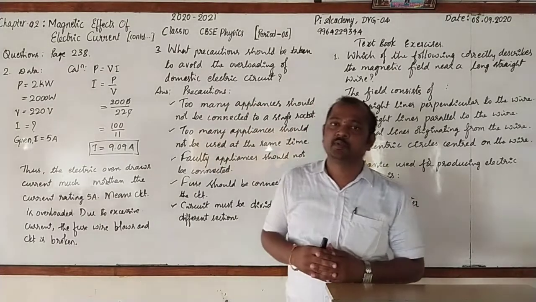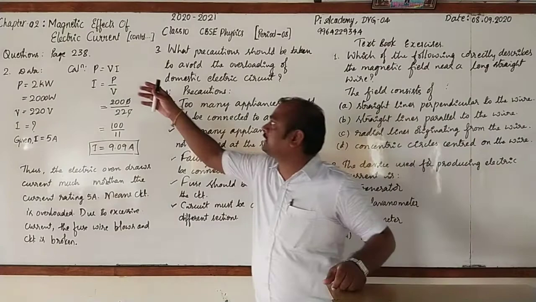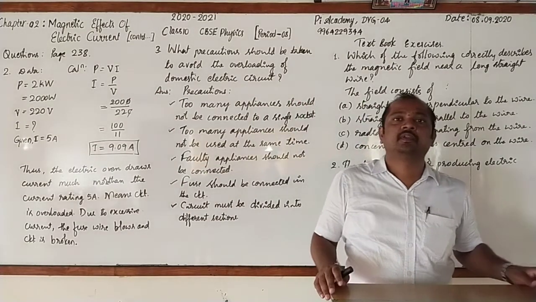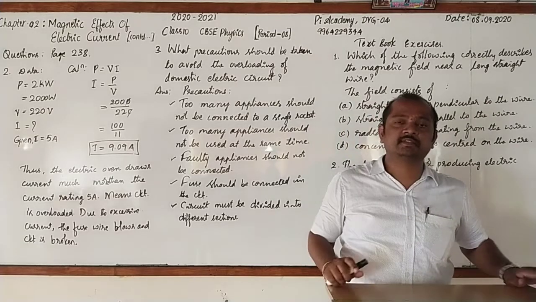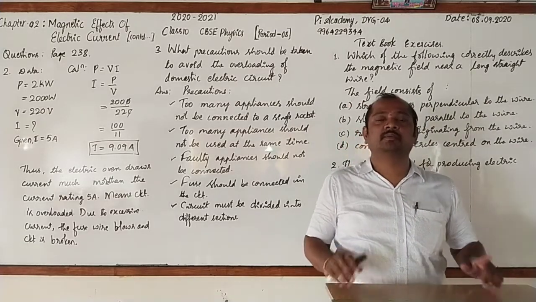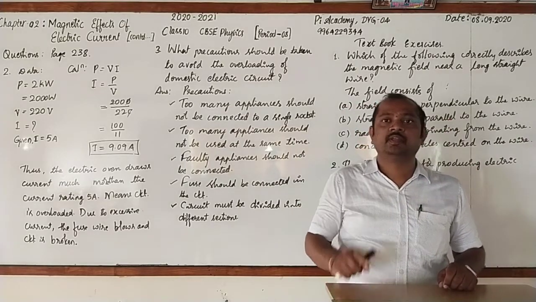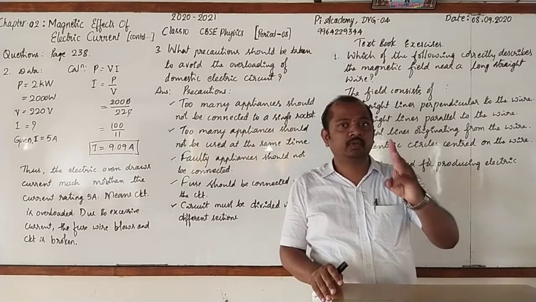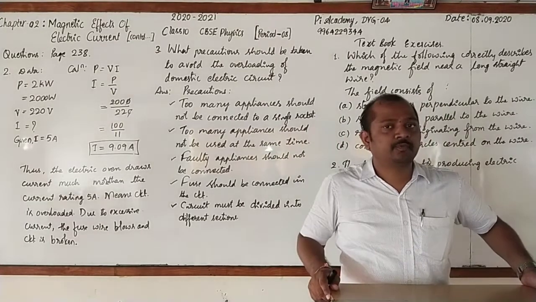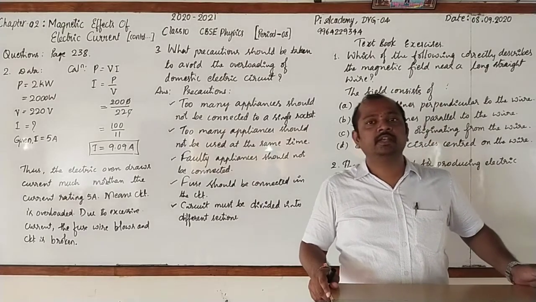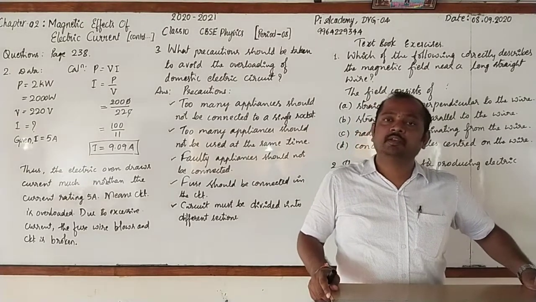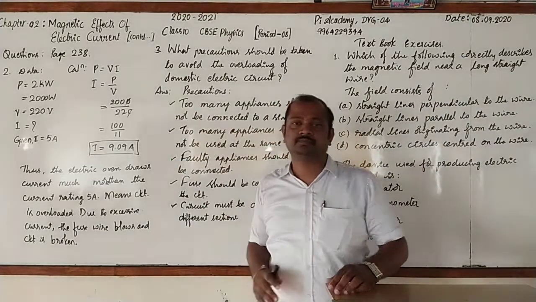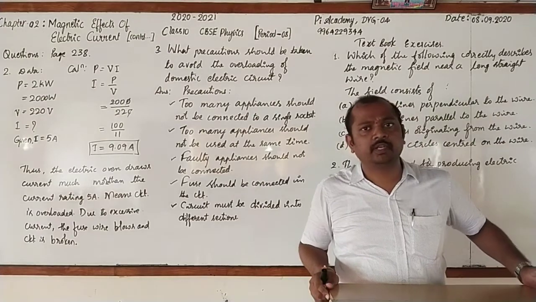Dear students, you all know that the chapter Magnetic Effects of Electric Current has already been completed, right? Yes. You also know that in yesterday's class, we were answering the questions given in the blue box. In that, page number 238 consists of a total of 3 questions. I had answered all 3 questions with detailed information. I even told you to write the answers particularly for the last 2 questions. Hope that most of you have written it.